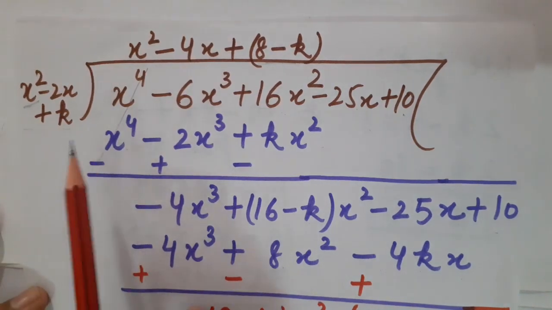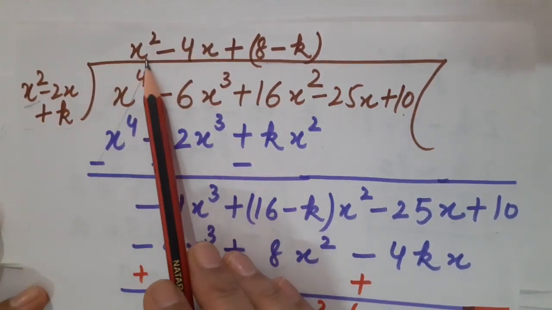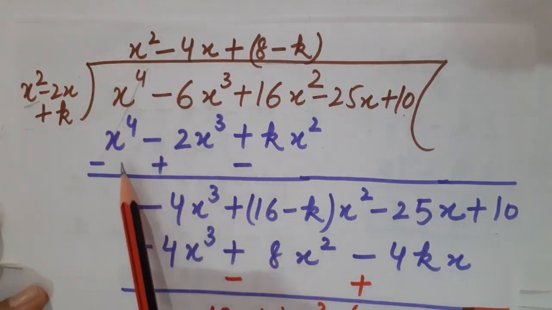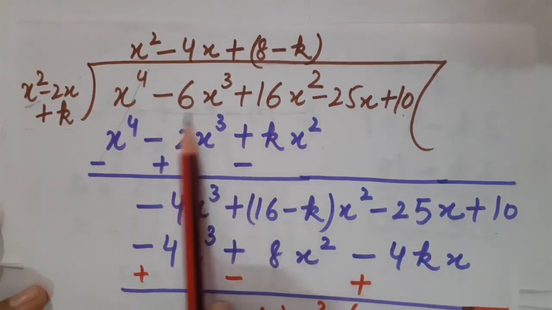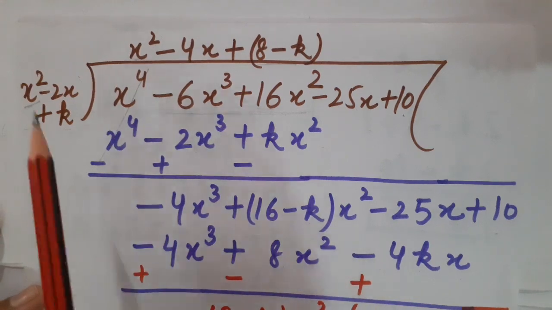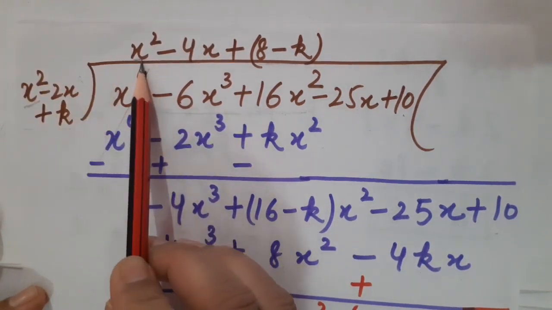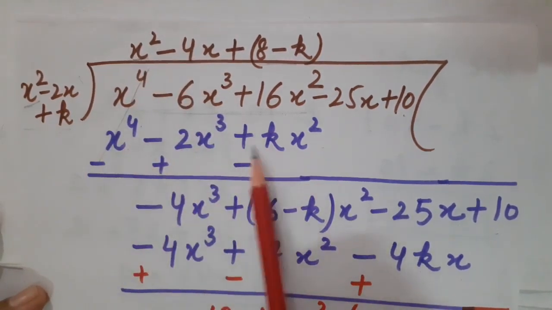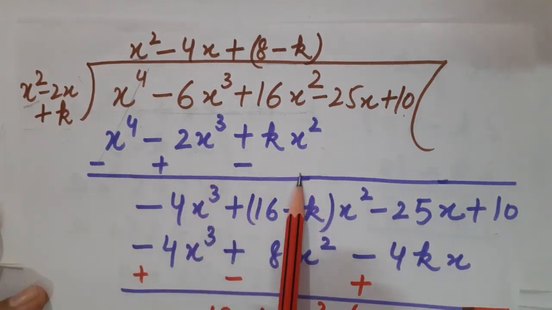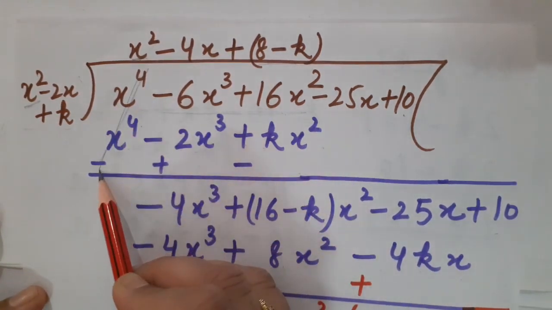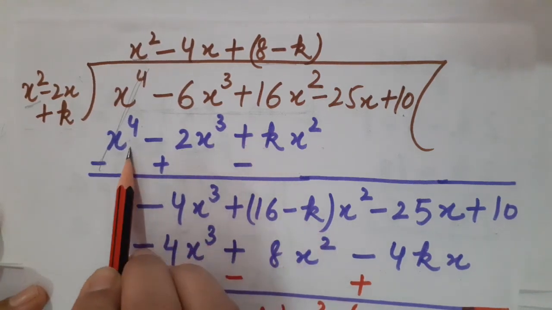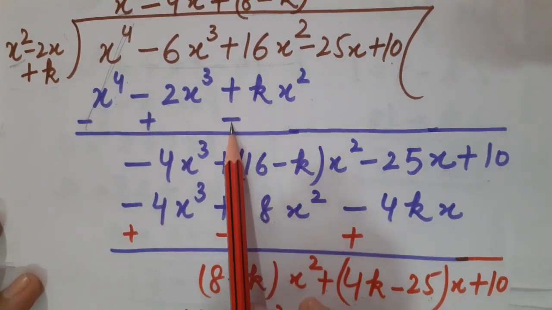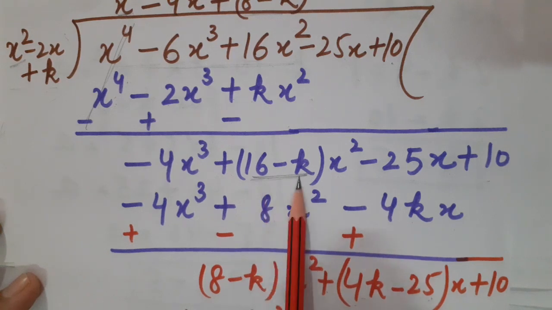So what is to be done for that? Definitely in q(x) you want such a term that if it is multiplied with each and every term of g(x), then one or more terms will be eliminated from the dividend. Correct, children? So I am going to multiply this g(x) by x square. I have got x raised to the power 4 minus 2x cube plus kx square. In division we have to subtract. So after subtracting, x raised to the power 4 and minus x raised to the power 4 are going to be cancelled. So here I have got minus 4x cube plus 16 minus k, because you cannot operate them, you cannot solve them.